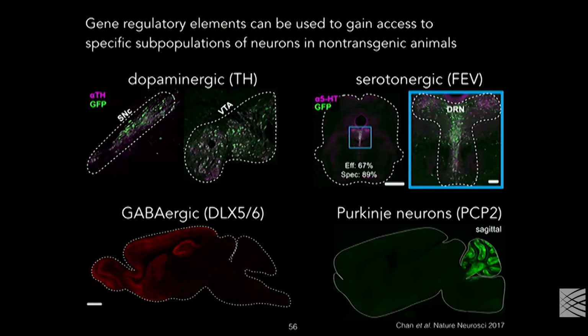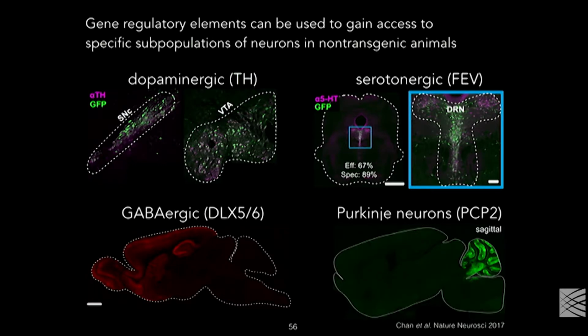You can restrict expression to certain cell types. So these are all examples of places where we've taken our PHP.eB virus that transduces the entire brain, put in a gene regulatory element that restricts expression to a specific type of cell, and then looked across the brain for expression. So we can take a region of the tyrosine hydroxylase gene, which is a gene necessary for dopamine production, and we can get expression that is quite specific and efficient within the SNc and VTA, where the dopaminergic neurons are. Same thing for serotonergic neurons,